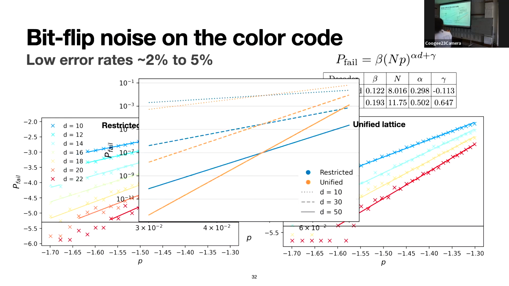the color code. So here is an analytical expression just from the fits up there using the ansatz p-fail over there. And so we see that basically below 5%, the restricted decoder performs much worse than the unified decoder. I don't know exactly why the crossing happens here, but it's some entropic contributions that become much bigger, I guess, because we have the unified decoder being 3 times the size of